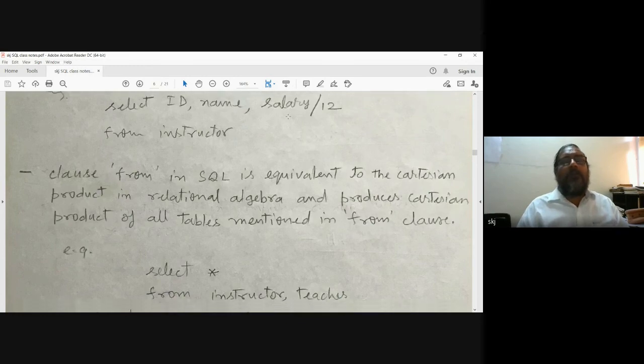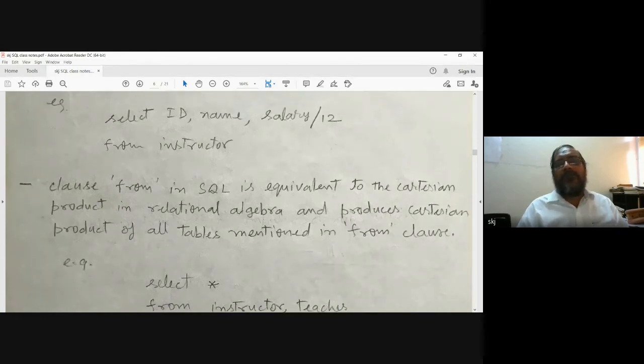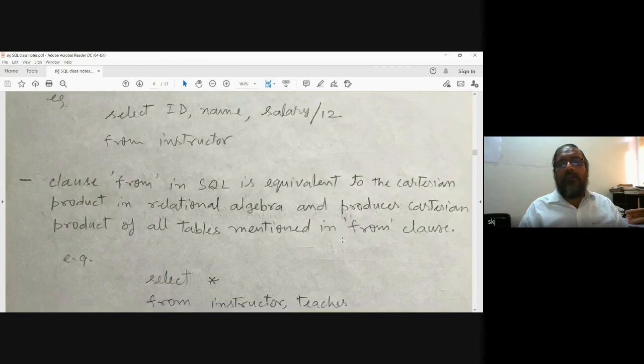Now, the from clause in SQL is equivalent to the Cartesian product in relational algebra, and produces the Cartesian product of all the tables mentioned in the from clause. That I already told you.